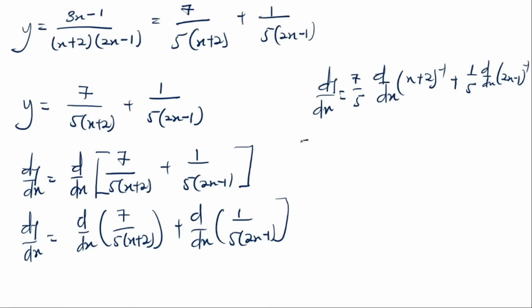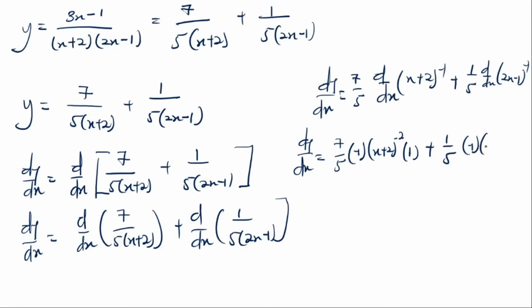Okay, so from here dy/dx becomes, we still maintain 7 on 5, then we differentiate this. So as usual we use the chain rule, so we use the negative 1 to multiply this, so it becomes negative 1 multiplied by x plus 2, then we subtract 1 from the power, so it becomes negative 2. Then we differentiate what is in the bracket, so if we differentiate x plus 2 we get just 1, then plus 1 on 5, then we differentiate this, so it becomes negative 1 multiplied by